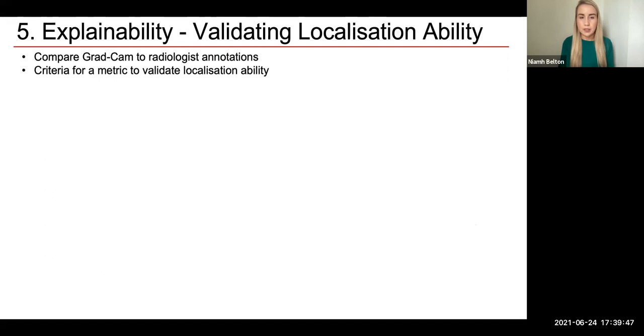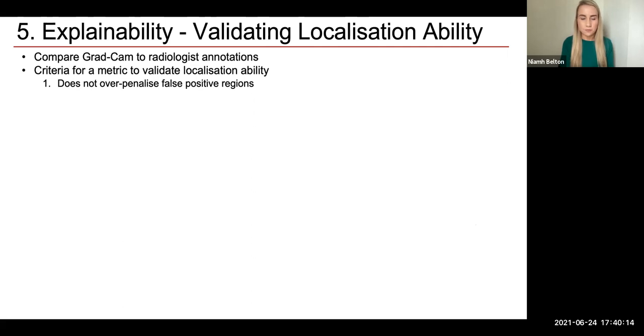And we had two criteria for this metric. So the first point is not over penalizing false positive regions. GradCam can highlight area in excess of the abnormality, and this area would then be considered false positive regions. Typical segmentation metrics such as Dice coefficient and intersection over union will heavily penalize the model for this false